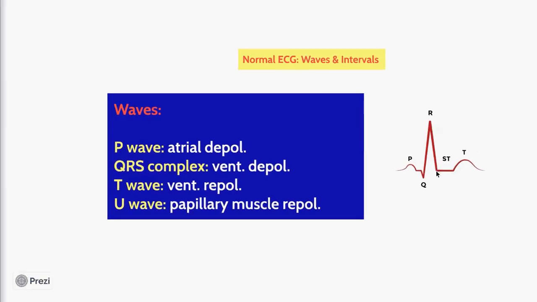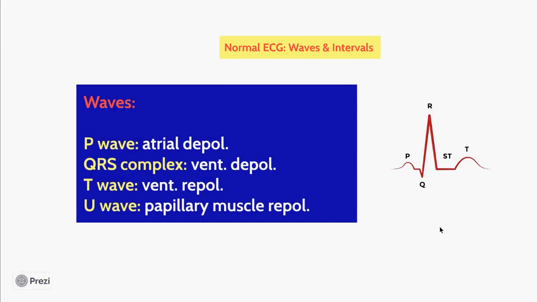The Q, R, S are related to each other. They are caused by the same reason. Therefore, instead of calling it Q, R, and S waves, we call it the QRS complex. The P wave is due to atrial depolarization on the action potential. The atrial depolarization doesn't show on the ECG because it is overlapped by the huge QRS complex, and the QRS